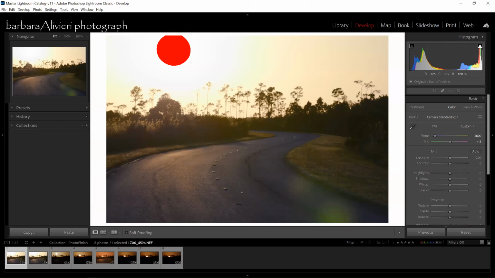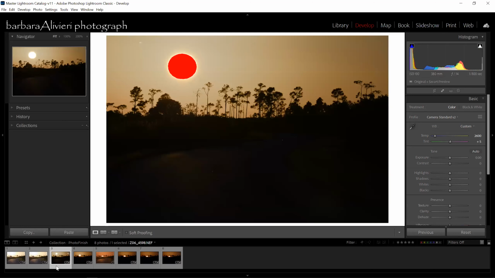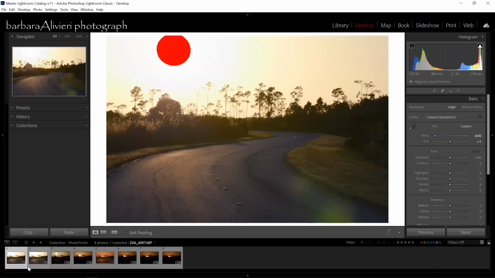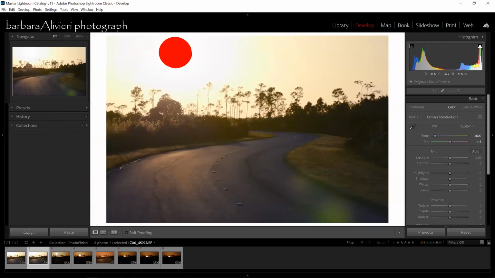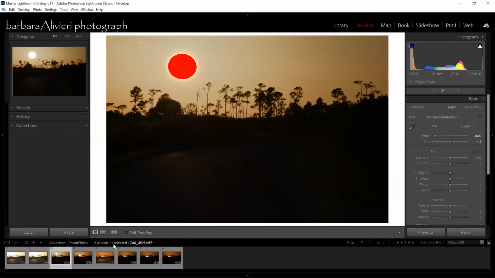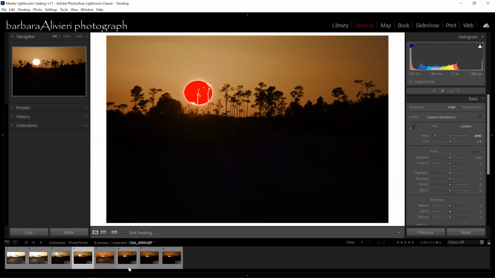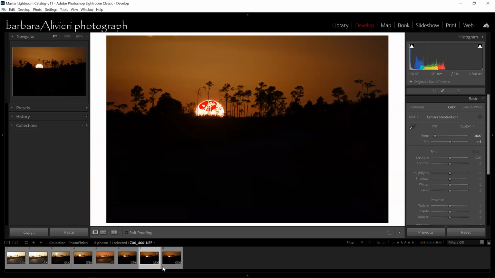Okay. So to process these, I have, like I said, this. This is pretty much the same, just a little bit different sunspot. And here's one now I was trying to expose for the sun, because I just figured this is all I need, because this is in focus. And then back here, you can see that, well, the trees aren't really that great. I didn't do a great job on this. But then we have the sun going down and down and down and down.